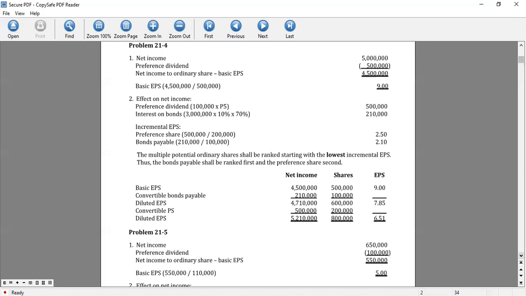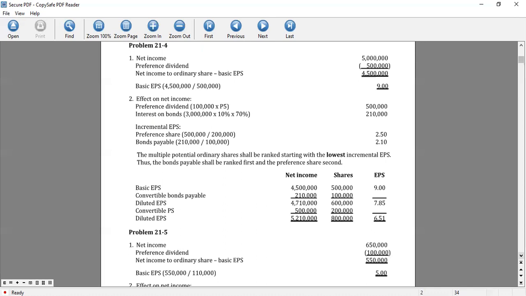So the result now is 210,000. Then the incremental EPS for the preference shares, 500,000 divided by 200,000 preference shares. And we now get 2.50. 2.50,